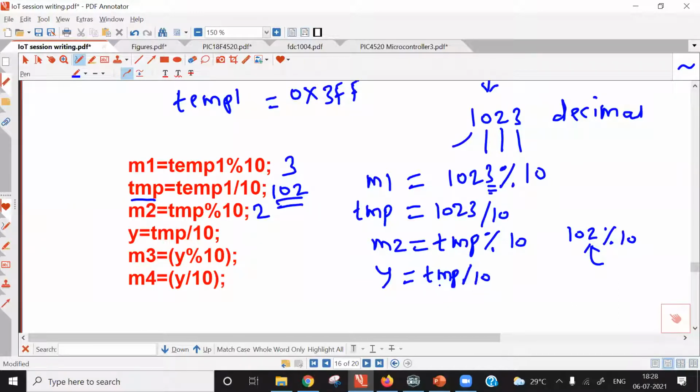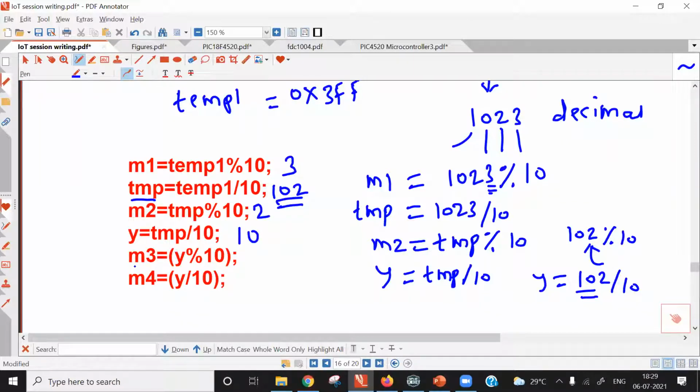Here divisor is 10, dividend is temp. The result of this division is quotient, and this quotient will be assigned to y. So y will be as good as temp value. What is temp value here? Temp value is 102. In conventional division, what is the quotient here? Quotient is 10. Remainder is 2. Quotient will be assigned to y. So y will have value equal to 10.